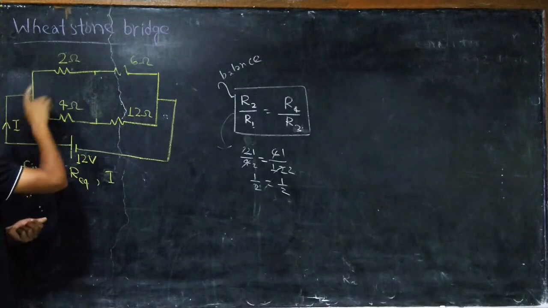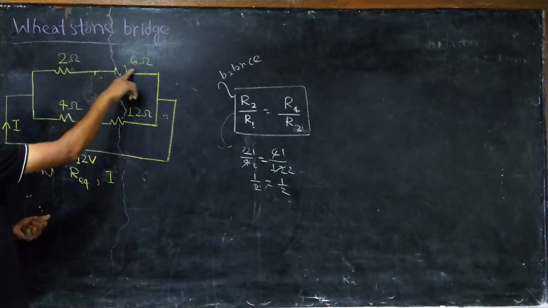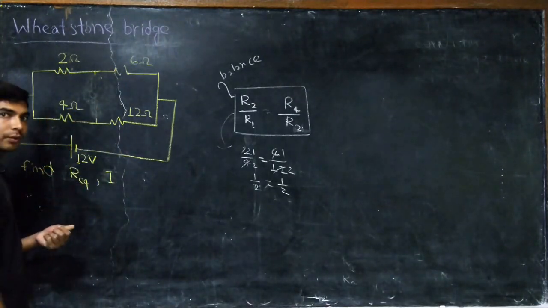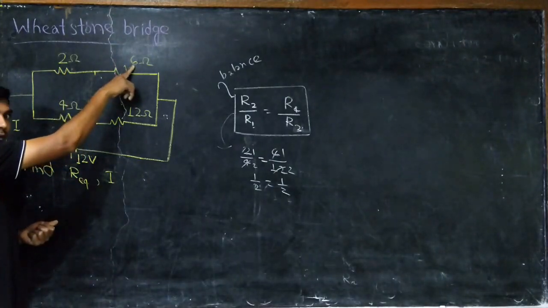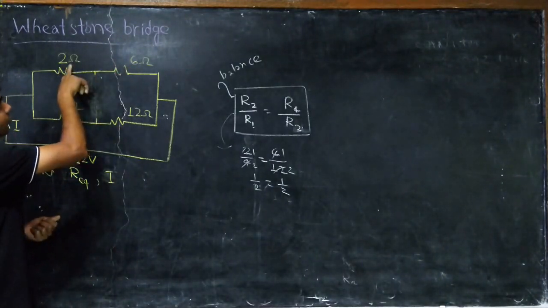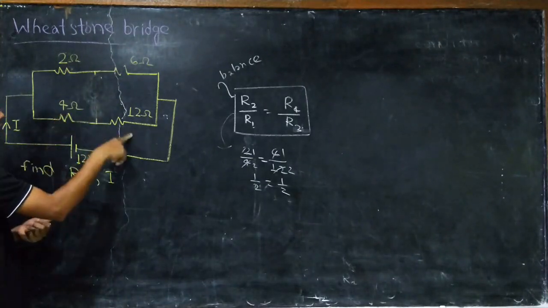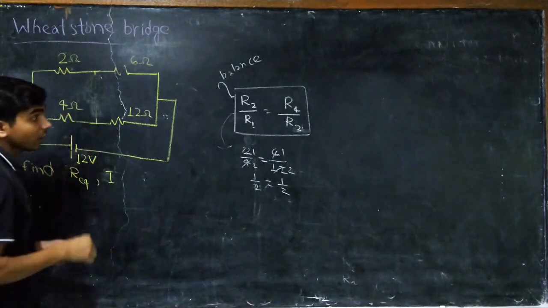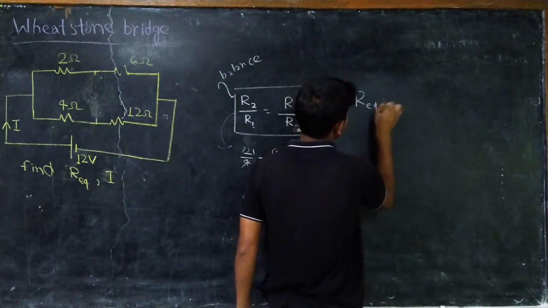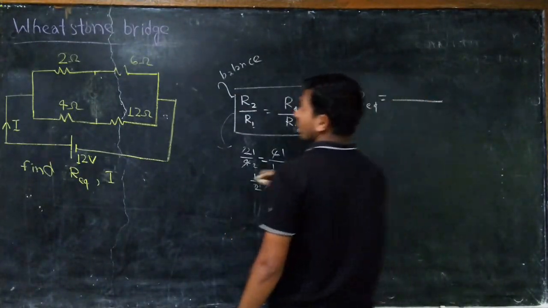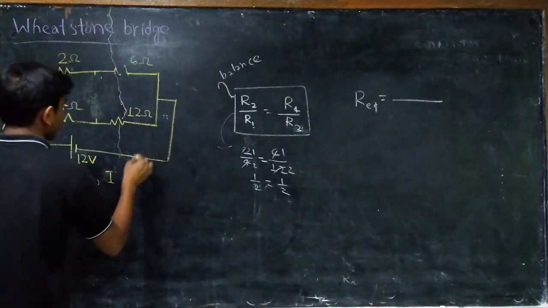So now we are able to see that this 2 is in series, this 2 is in series, right? So 6 plus 2 is 8, and this is 16, right? So R equivalent we can write, R equivalent is equal to,